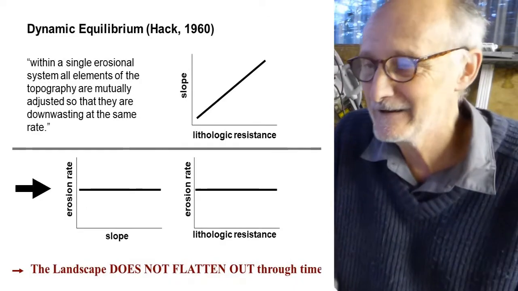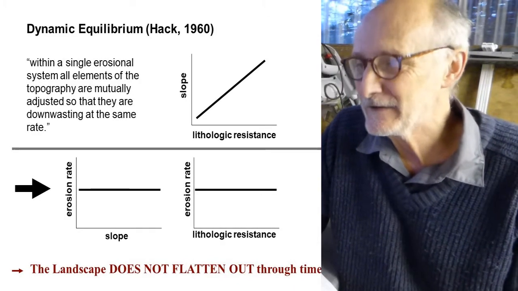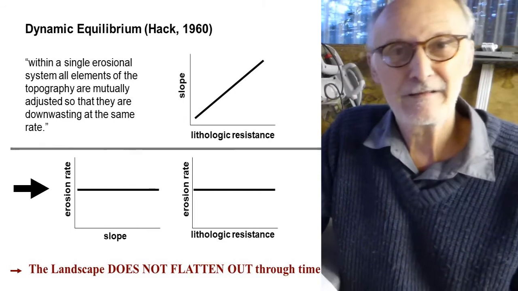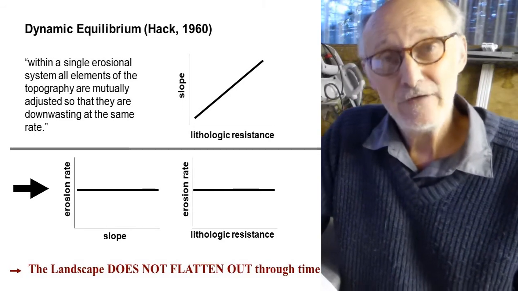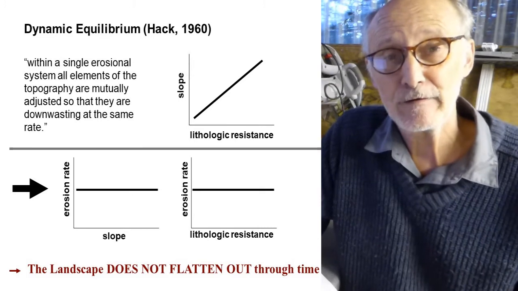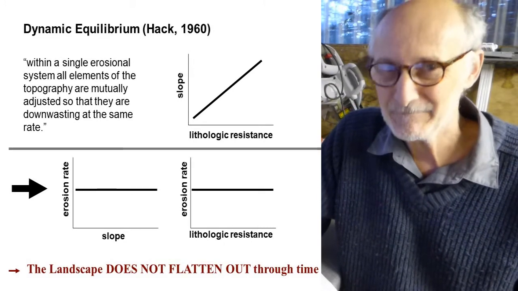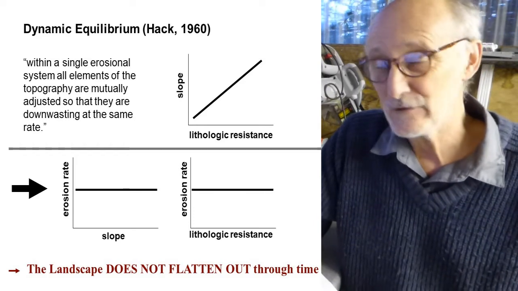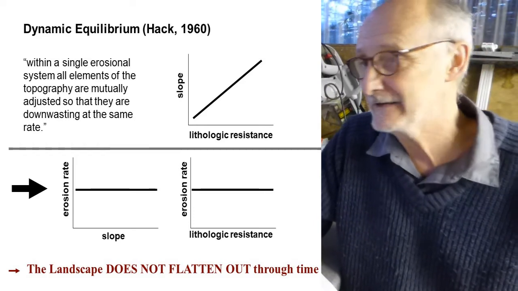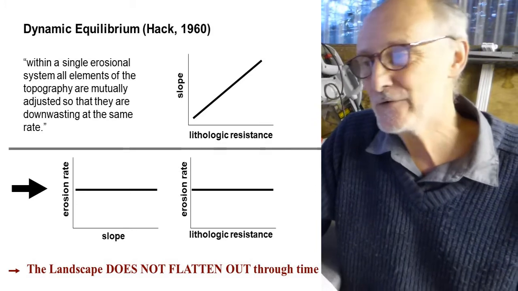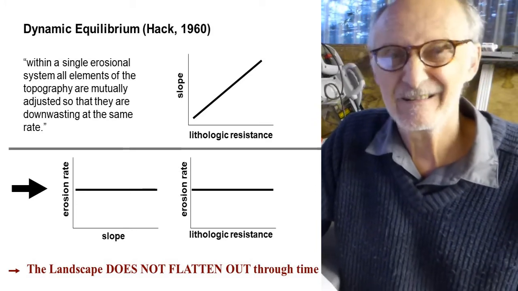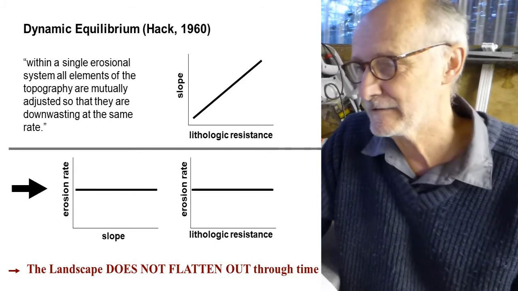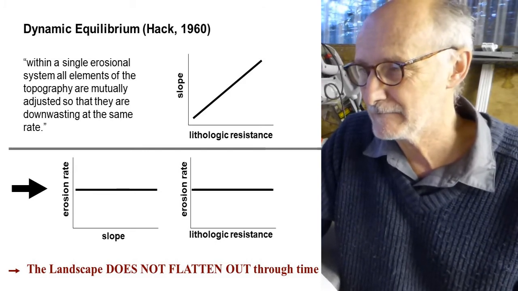And, well, here's my argument. The argument is, at the top of the diagram here, that if you increase the lithological resistance, in other words you get harder and harder rocks, you can support steeper and steeper slopes. So you don't get tall vertical cliffs in soft mud, but you do get tall vertical cliffs in granite. So as you increase the rock resistance, the hardness of the rock, for want of a better simplification, you'll get steeper and steeper slopes.